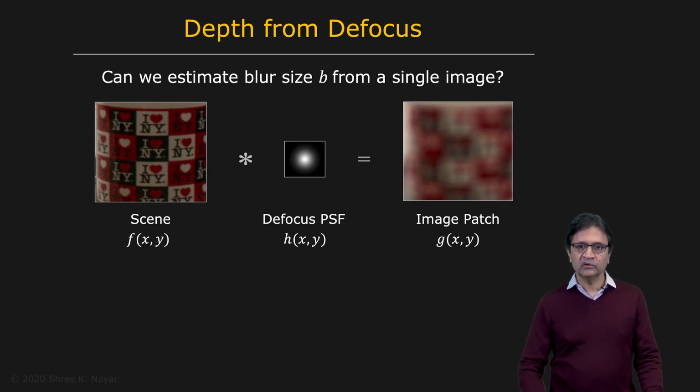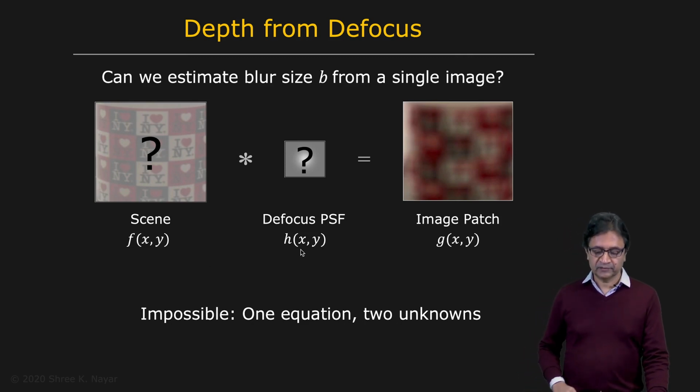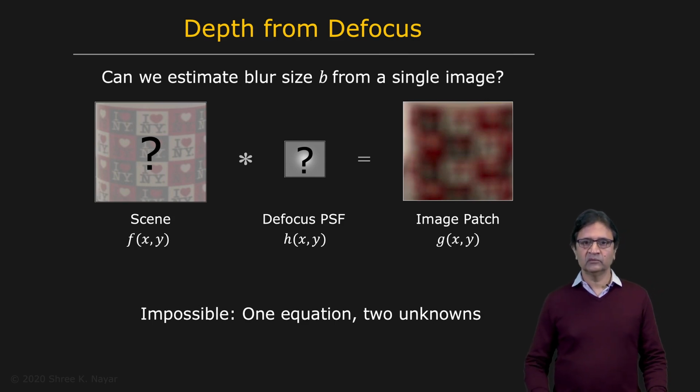So what's known to us here? Well, it turns out in this case, the only thing that's given to us is the image, the output image right here, the captured image. We don't know what the focused image looks like, and we don't know what the PSF is. So you have one equation essentially, this convolved with this is equal to this, one equation, and you have two unknowns, both F, the focused image, and H, the PSF. So then what if we had two measurements or two images?